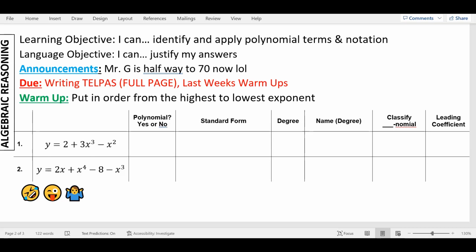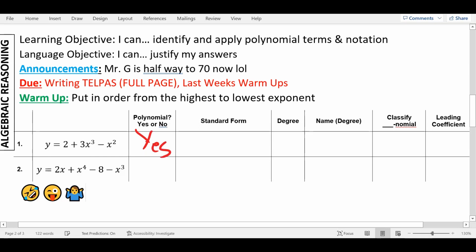If you have an x in the exponent, that's also not a polynomial. So it has to be a positive, normal number, not negative, not a decimal. What else can you not have? You cannot have a square root of a negative. Okay, so far so good. We're going to put yes on your warm-up that you have on your desk. Now, standard form. Let's remember, standard form is when you put it in order from the highest power to